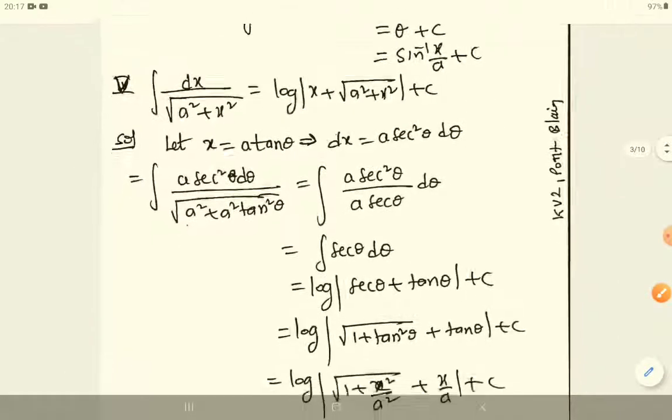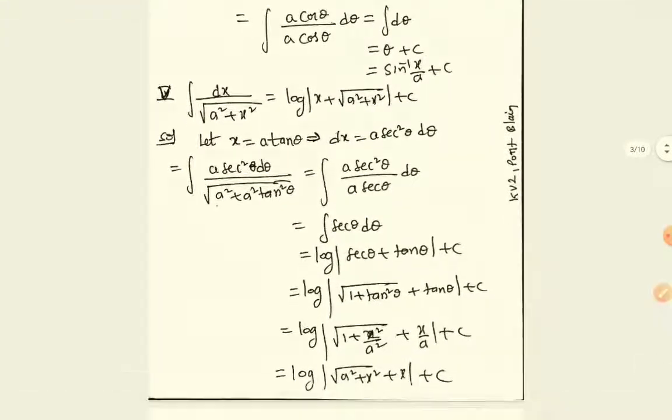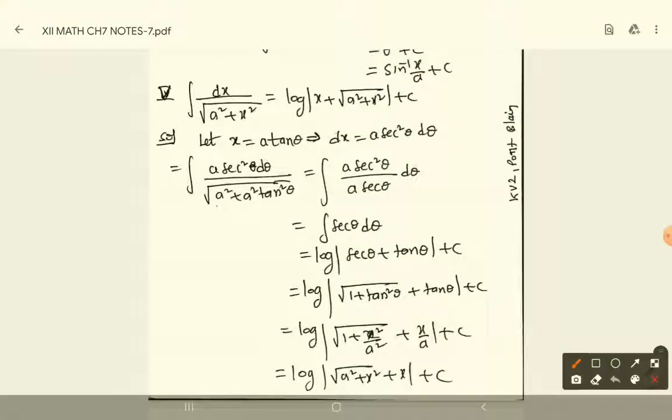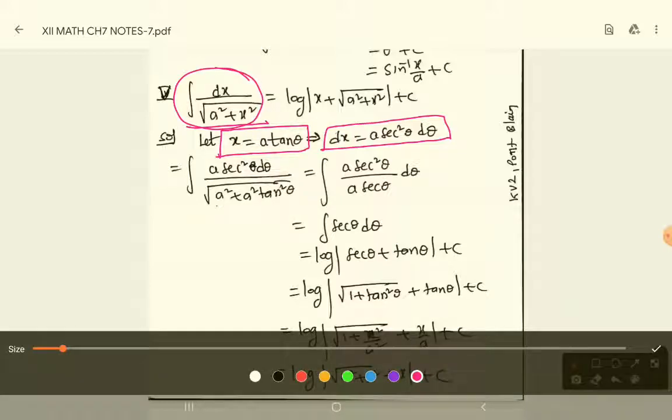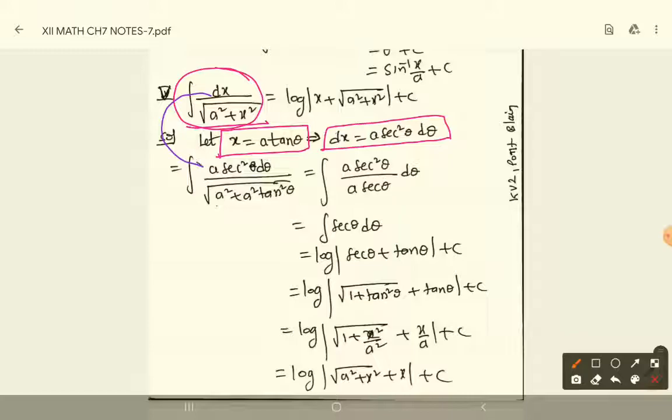See, the very first one, to do this question you should take x is equal to a tan theta. Then dx is equal to a secant square theta d theta. So substitute. Here you take this step completely. Dx can be substituted as a secant square theta d theta, and the denominator is root over a square plus a square tan square theta. So then take a square common, then you get a secant theta in the denominator, because 1 plus tan square theta is secant square theta, and the numerator is a secant square theta. So a and a get cancelled, finally secant theta d theta.